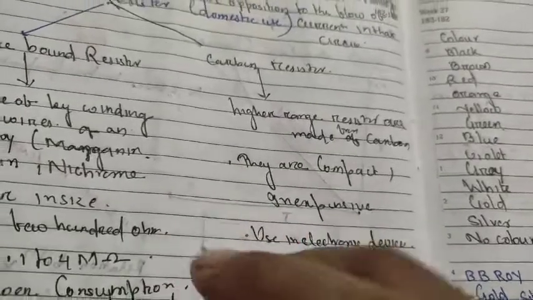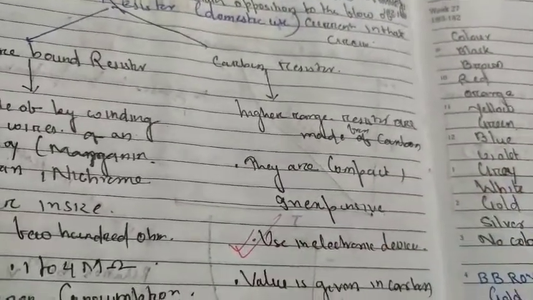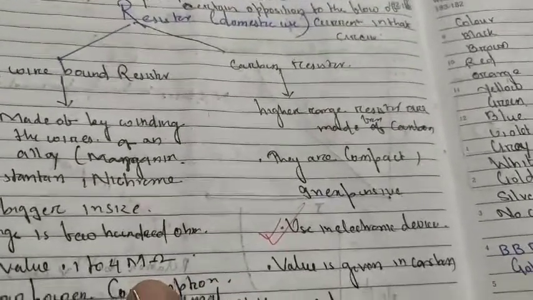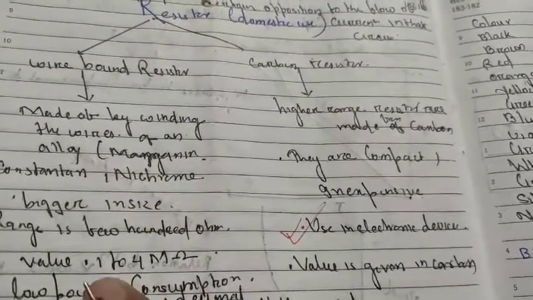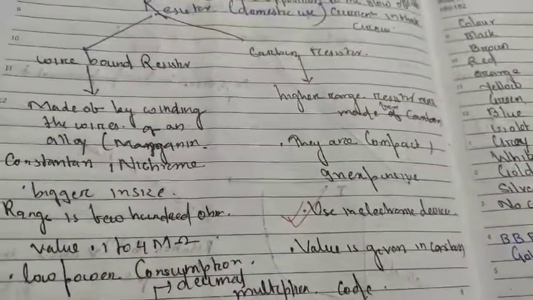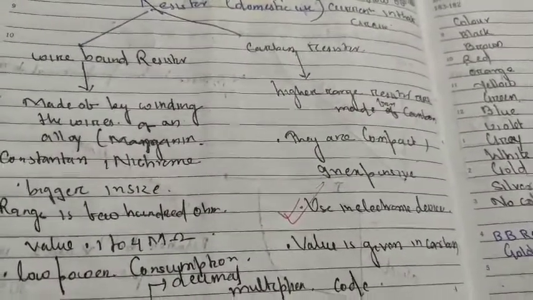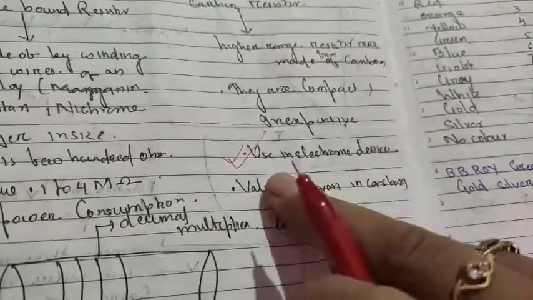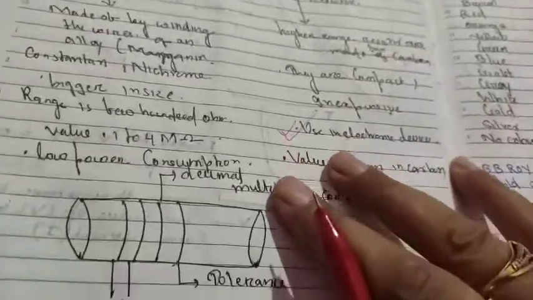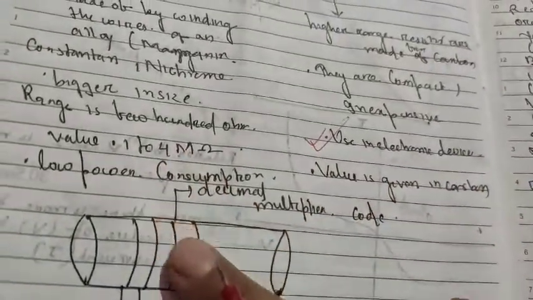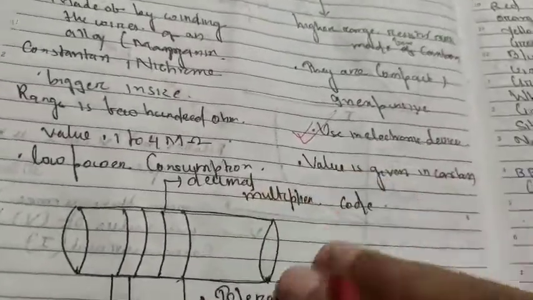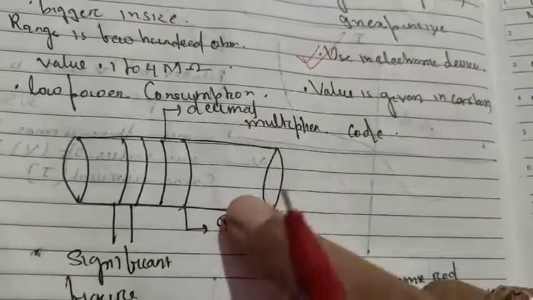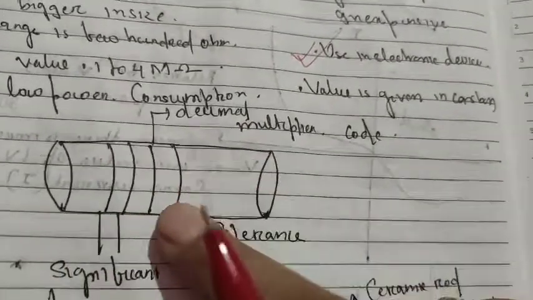Third, most important, we can use this device in many electronic devices, but there is a limitation on the value. What is that? It can be taken from 0.1 to 4 mega ohm. We cannot take more than that, but it is very easy to handle. It can be used anywhere. Its size is very small, and it has low power consumption, but a very well maintained power consumption. Now suppose I show you this is a resistor, student, and how you will get the value of the resistor.